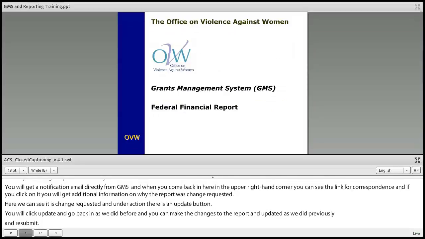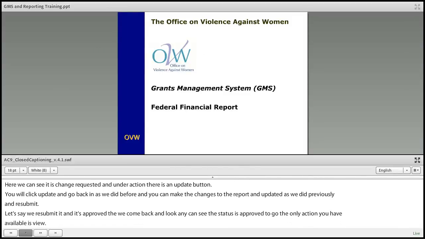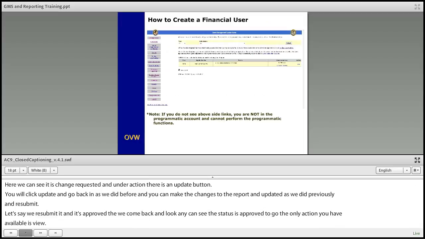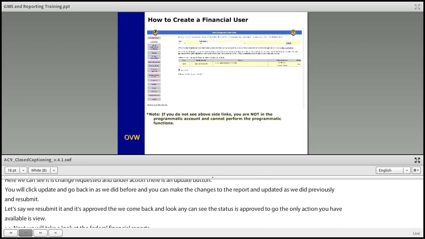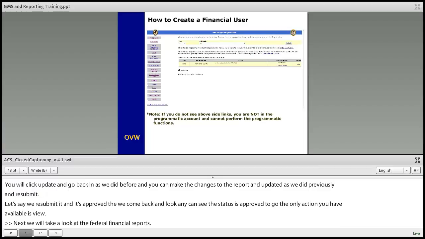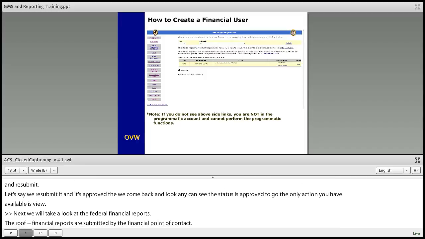Next, we're going to take a look at our federal financial reports. Now, the financial reports are submitted by a financial point of contact, but first I'm going to show you how to create a new financial point of contact. So right now we're still logging in as the primary point of contact. So you'll log in and